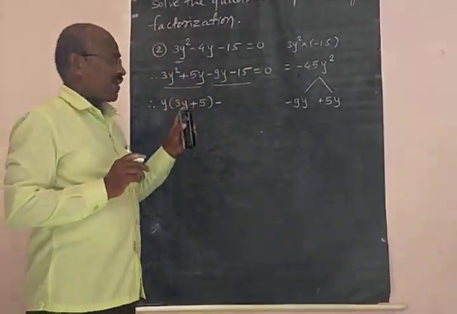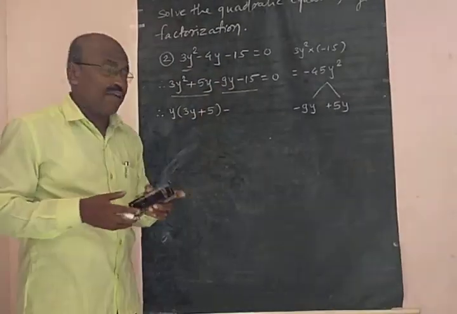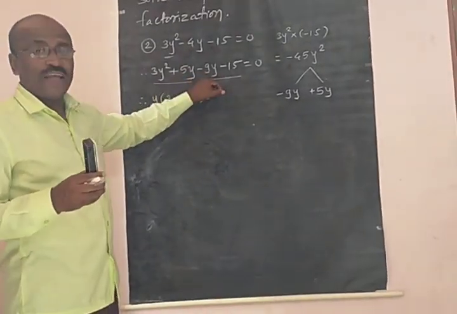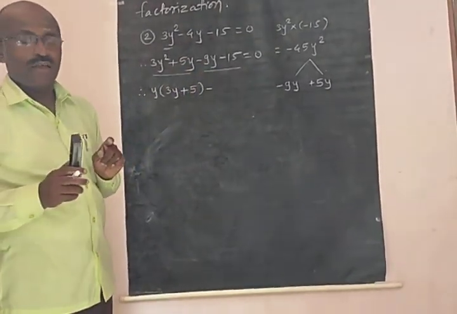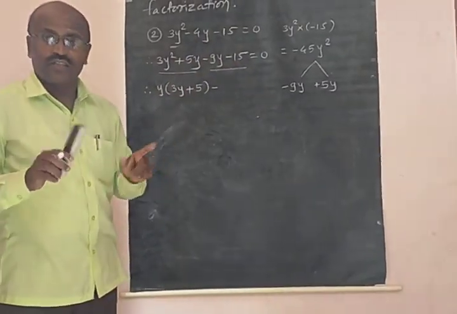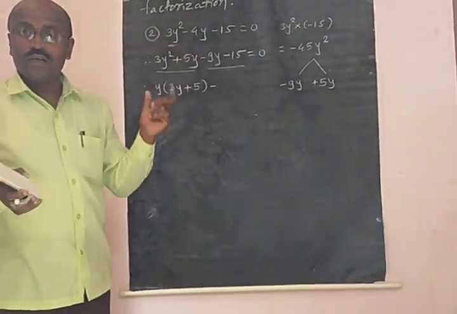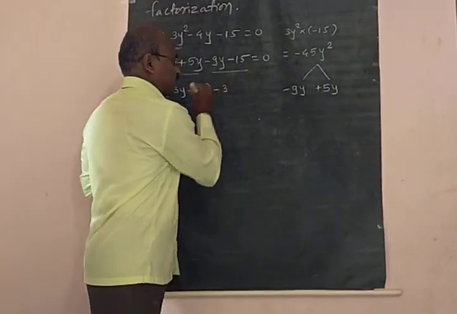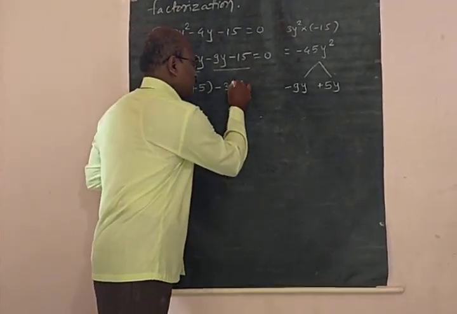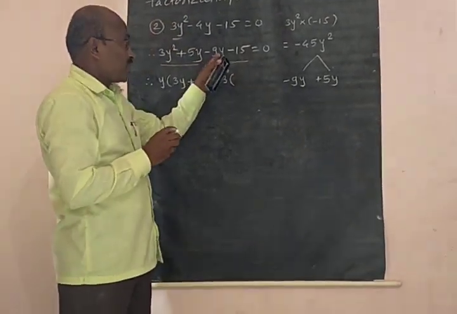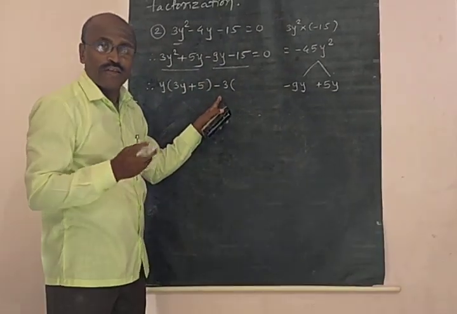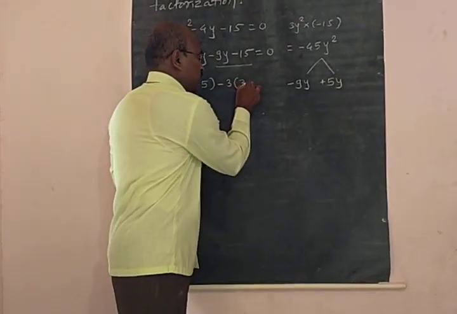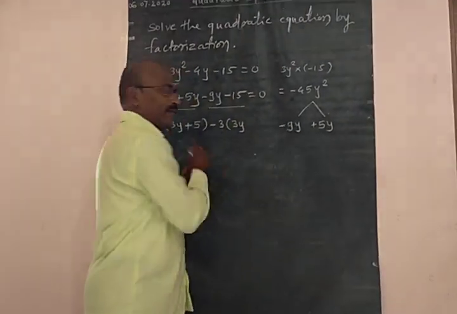So here in these two numbers 9 and 15, 9 is the smaller one, and 15 is not wholly divisible by 9. Then we have to find the factors of 9 and the factors of 15. We'll get the factors of 9 as 3 into 3 and the factors of 15 as 3 into 5. So 3 is the common factor of both the terms. So take here 3 as a common factor. Then you will get into bracket. Now divide 9y by 3. What you will get? 3 threes are 9. That means we will get 3y.